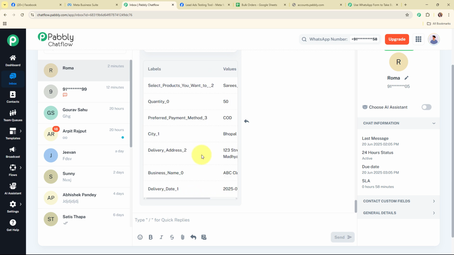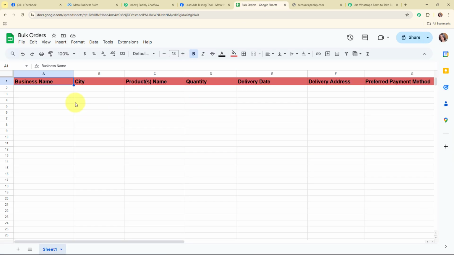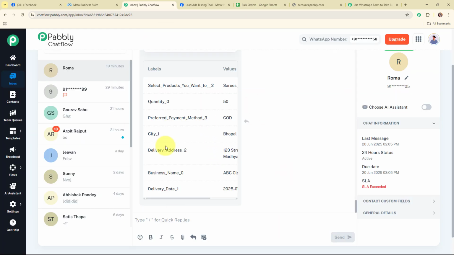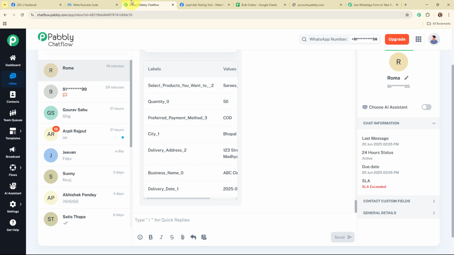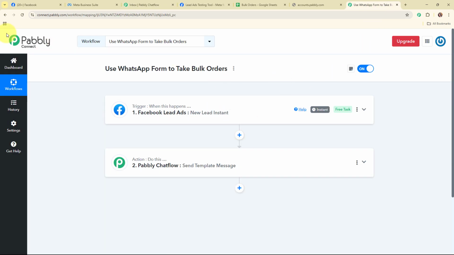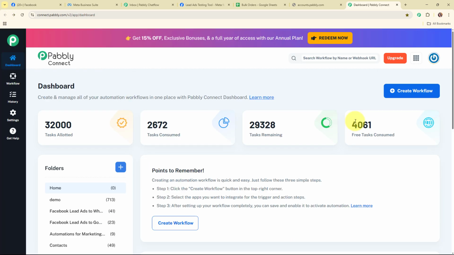Alright, so now here what I'm going to do is that I want to add all these details over here in my Google Sheets as a new row. So now after receiving all these details, we are going to add these details in our Google Sheets as a new row. So now to add the details, we need to create another new workflow for the same. So we are going to move back over here,